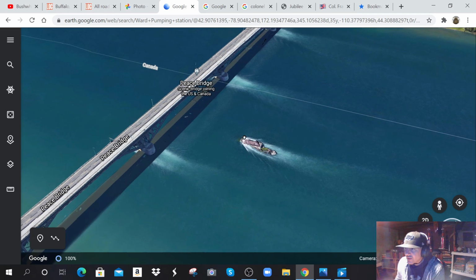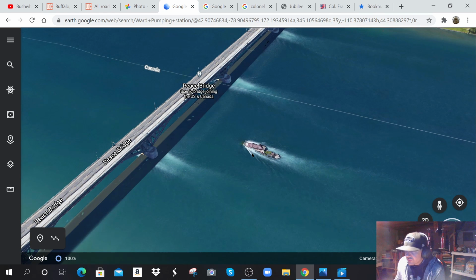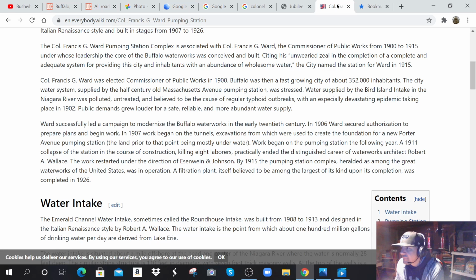Honestly, I don't know how this was built. I don't know how they did that. I don't buy caissons. I've done that before. I don't think that they can do a square caisson in 12 mile per hour water. Anyway,